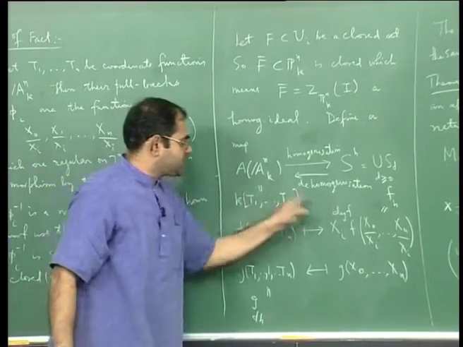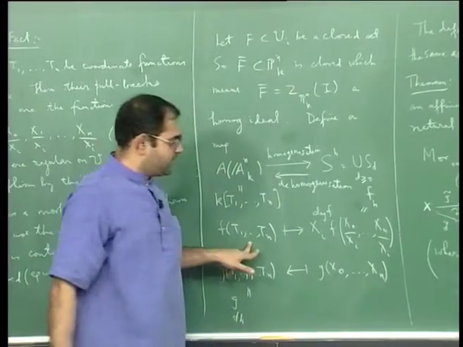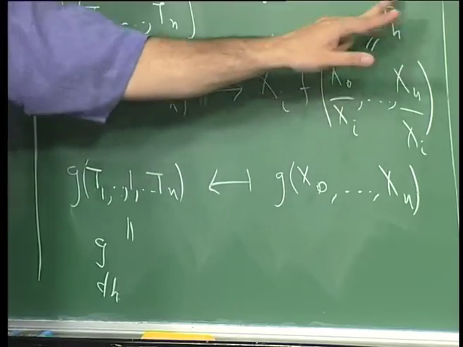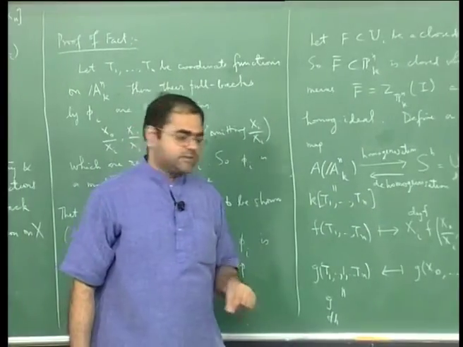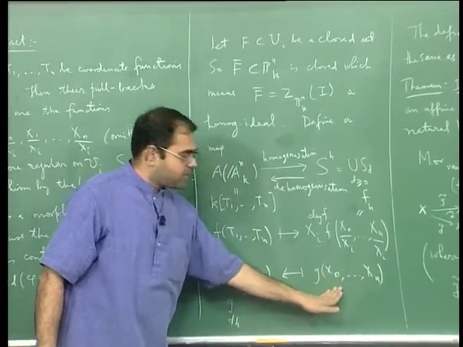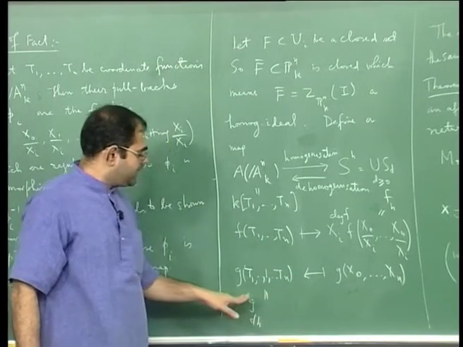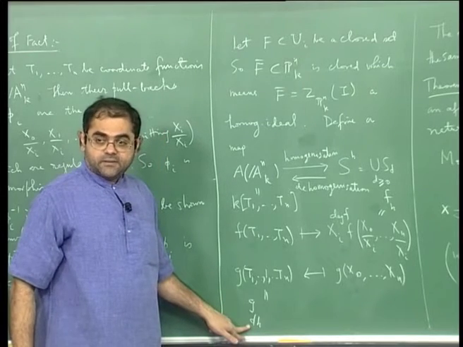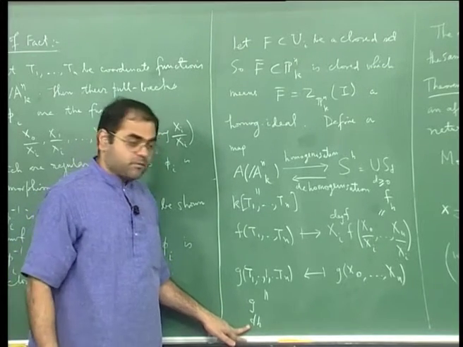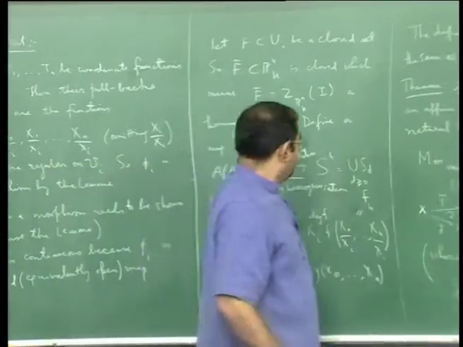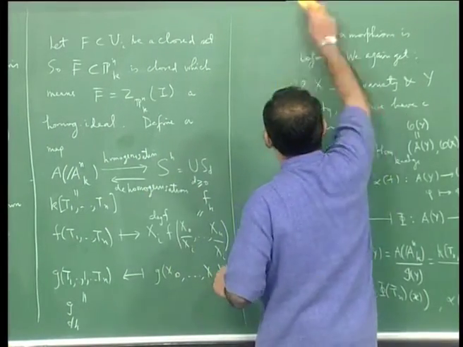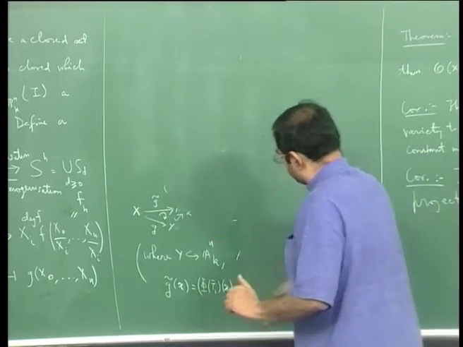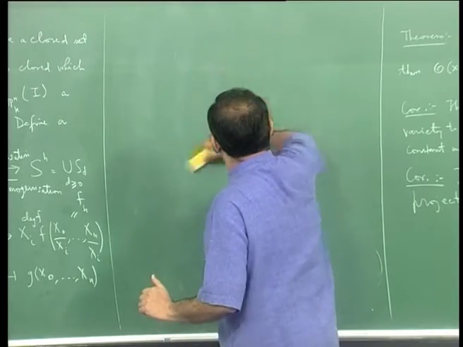Okay, instead of giving names to these maps, any f which is a polynomial in the ti's is homogenized to give an fh which is a homogeneous polynomial in the xi's. Conversely, you start with a homogeneous polynomial in the xi's, you can dehomogenize it to give g sub dh, an inhomogeneous polynomial, not necessarily a homogeneous polynomial in the ti's. Okay, so you have this map, and the reason I have this map is because you can now check.